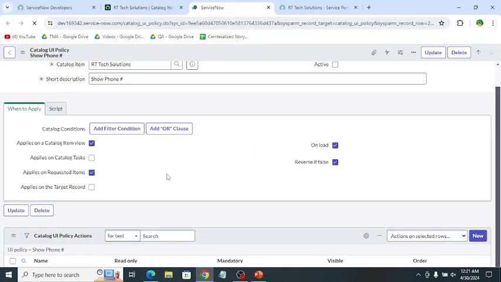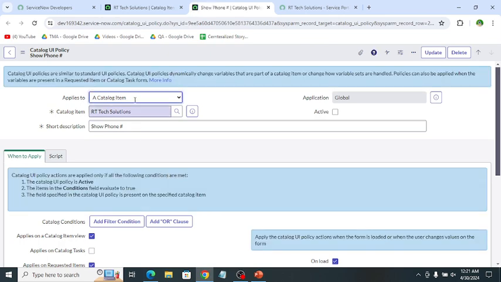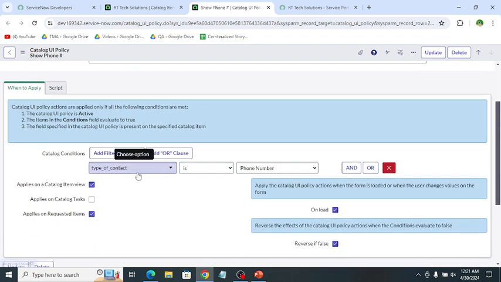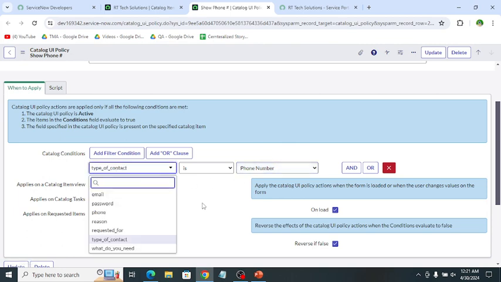So if you check the UI policy, the short description is show phone number, and the condition is if the type of contact is phone number. This shows all the variables of this catalog item, and I have selected the type of contact.